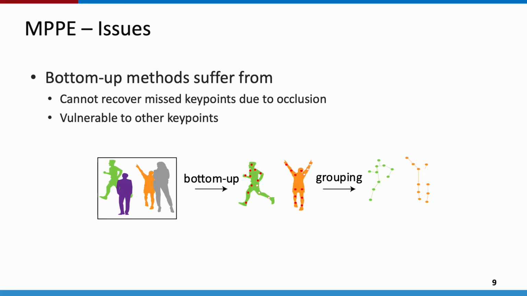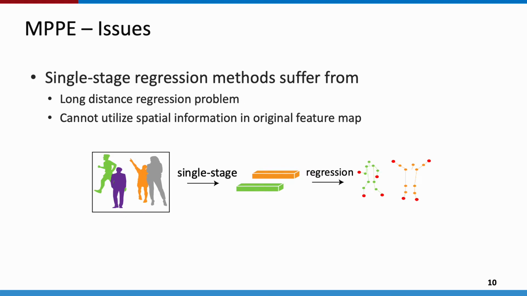Bottom-up methods are also prone to crowded scenes. Grouping operation cannot recover the missed key points. They are also complex and slow. Single-stage methods are efficient, but they are hard to optimize due to long-distance regression and discard the spatial information in the